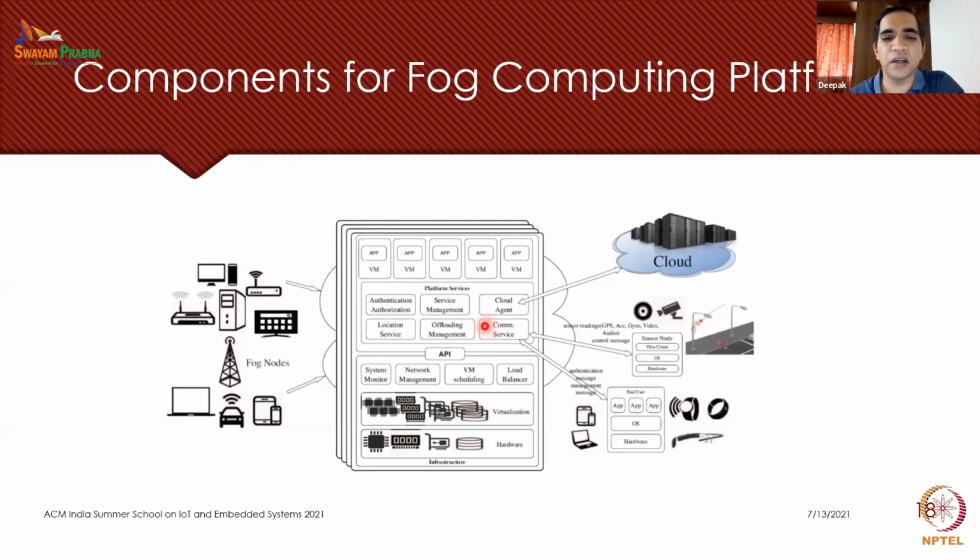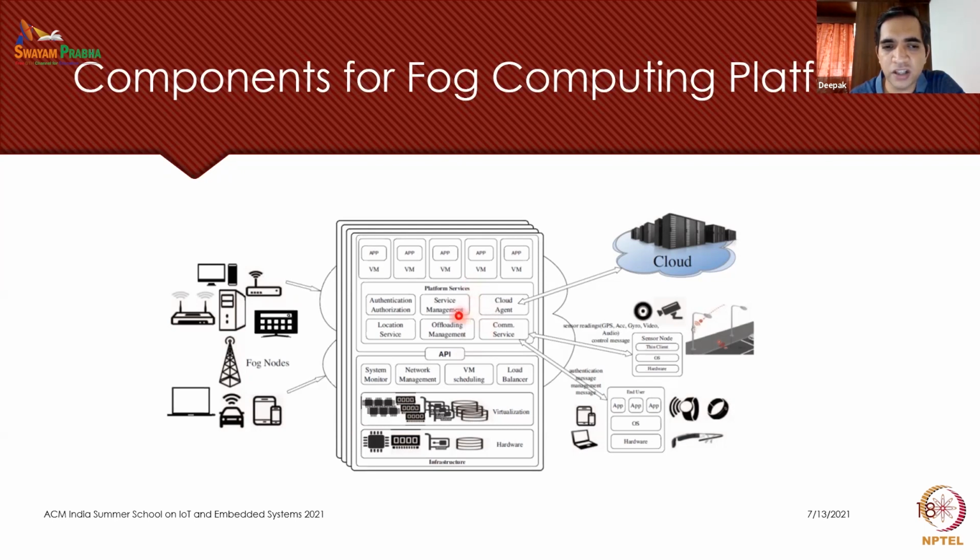Typically, every end device may have a different set of services that it wants. For example, for some end devices, it may be to download the map of a particular region. Let's say you're moving with your mobile, and you want to download the map of a particular region. In that case, the service that it requires is this downloading of the map.